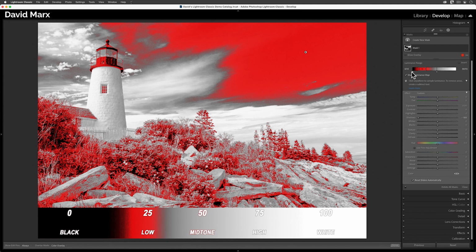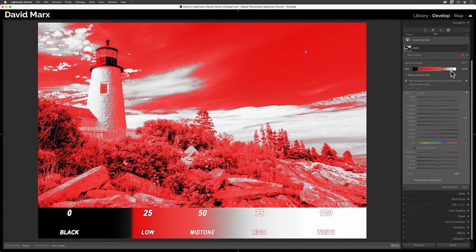If I drag this triangle on the left in towards my selection, then I'm telling Lightroom that I do not want the changes that this mask makes to extend out to my darkest pixels. When I allow for lots of feathering, when I allow the change to spill over into the darker tones, then the red overlay extends to the left. The same is true with the fall-off control on the right. If I slide this one up, then the change will spill over into more of my medium gray and brighter pixels.